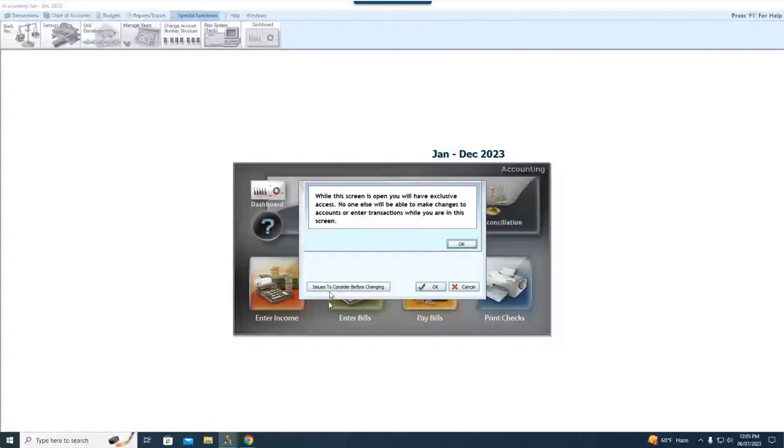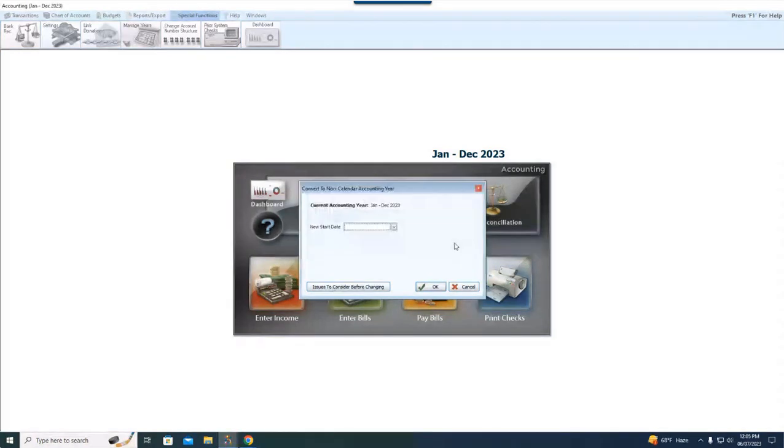We've had this button down here that says Issues to Consider Before Changing. It used to go to something that we had. Well, I've got to click OK on my dialog box. Locking my tables. So basically it's saying no one else has access to accounting while I'm in this window. It's a global setting. But if we click on Issues to Consider Before Changing, this used to open a document, but it now essentially opens up the help page